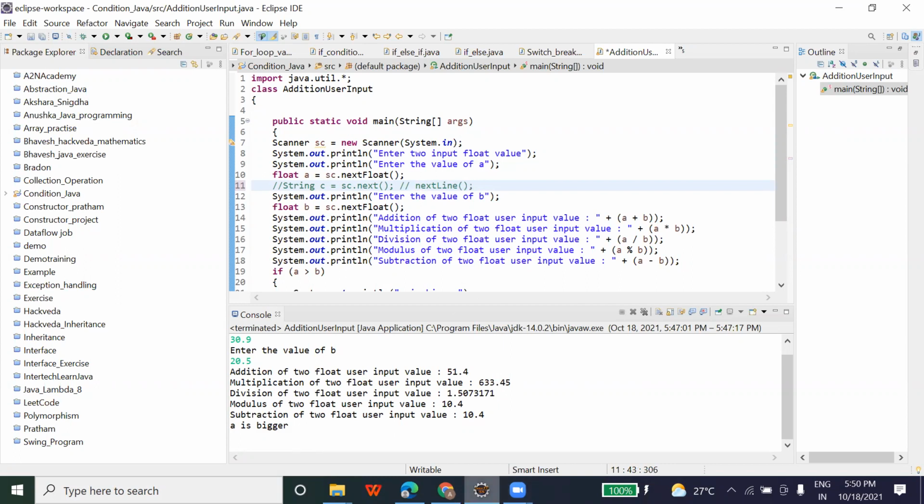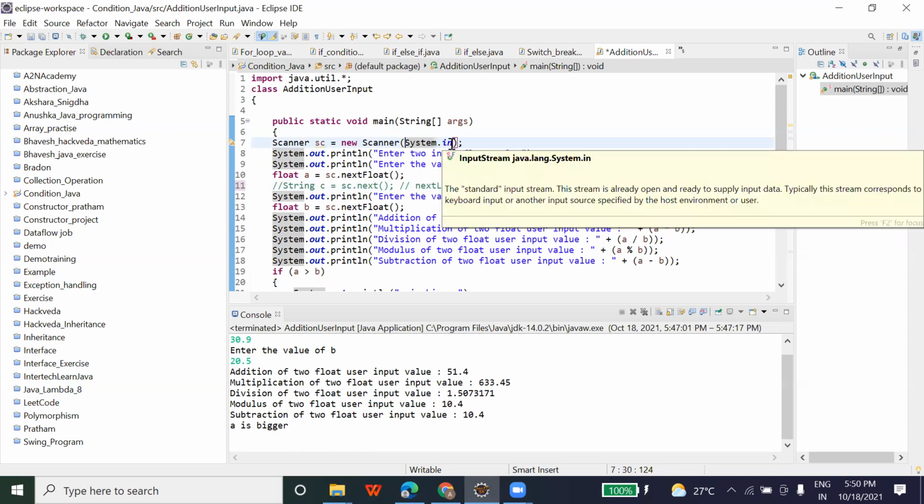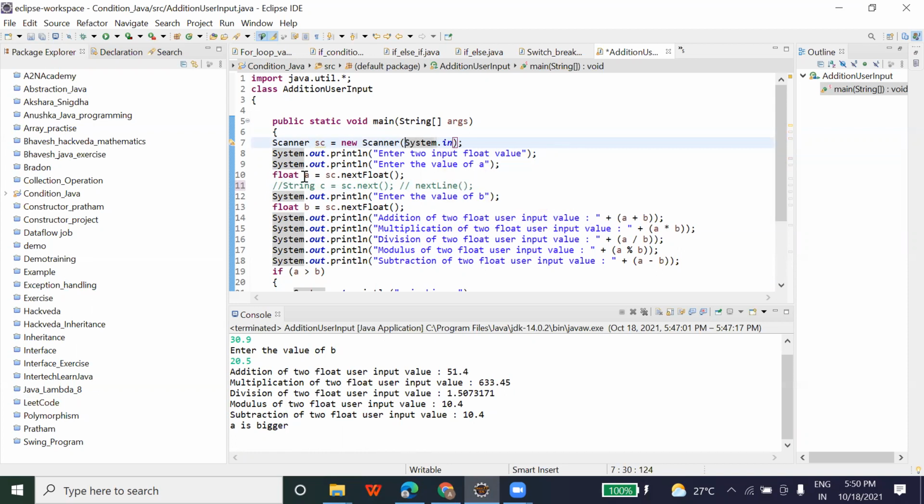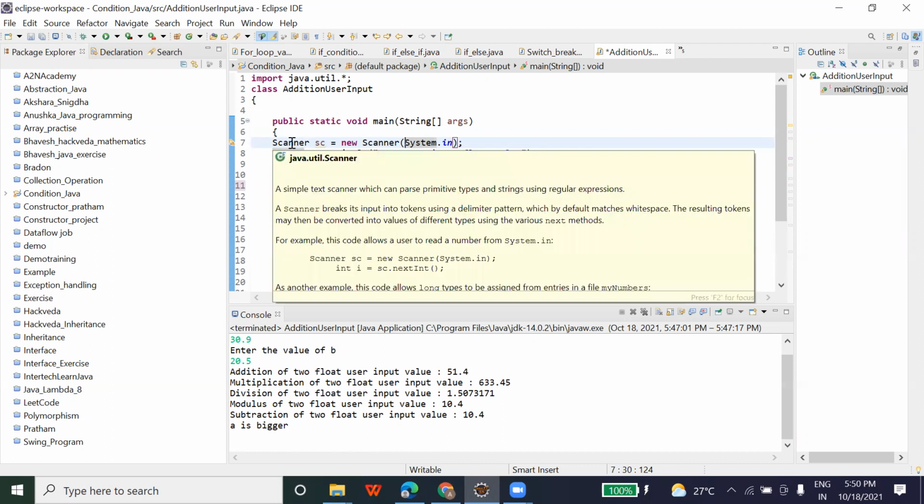And if you see here, this is for addition. Whenever you want to accept input, you just have to add this library, Scanner sc = new Scanner(System.in), because you are entering the input from a keyboard, right? With this keyboard, you will enter a value. That's why we add System.in, and this value will be float, and you call this object of this class. Scanner is one class. Once you put the cursor, you can get complete details. You can see on my screen, right?